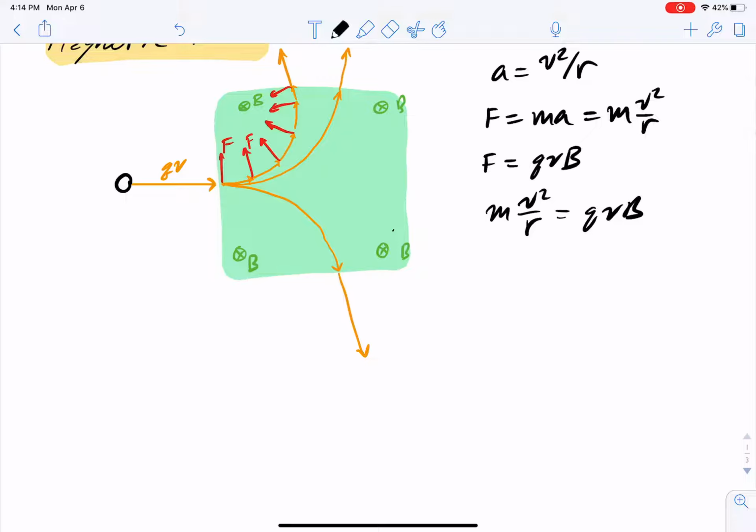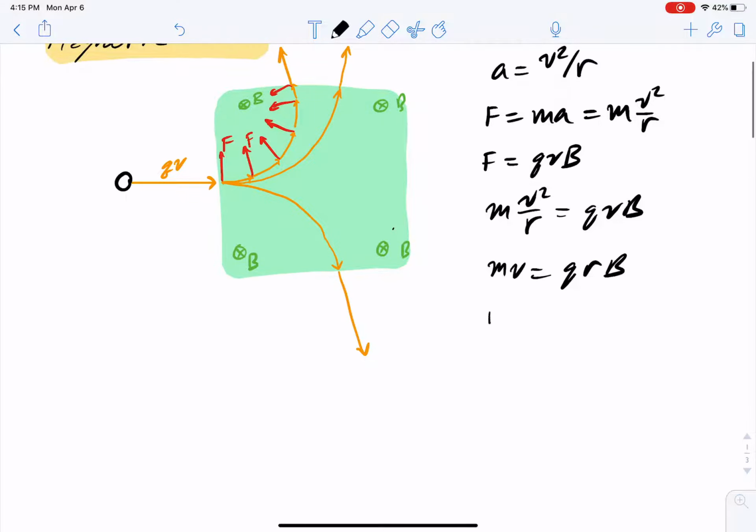So we could solve this for various things, but we could simplify a little bit first. We should be able to see that we could get rid of one of those velocities. So we get, okay. Oops, that's not right. I meant to do this. Okay, multiplying by r and dividing by v. Okay, so if we solve for the radius,